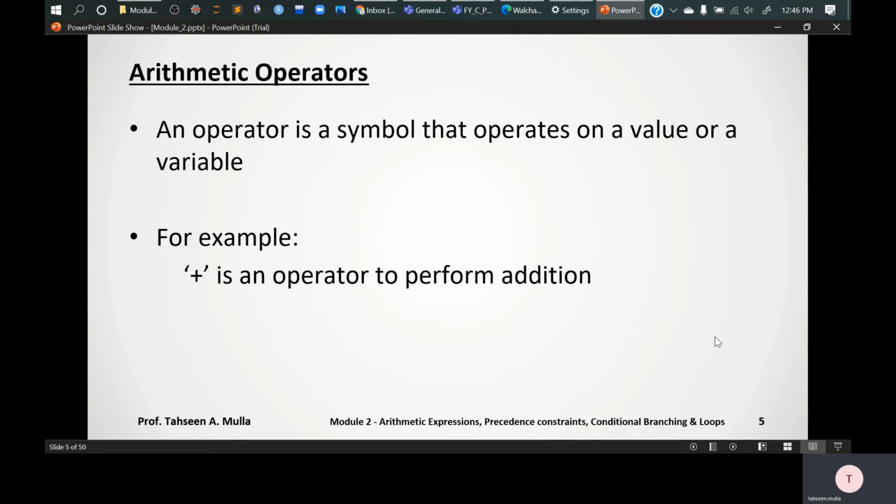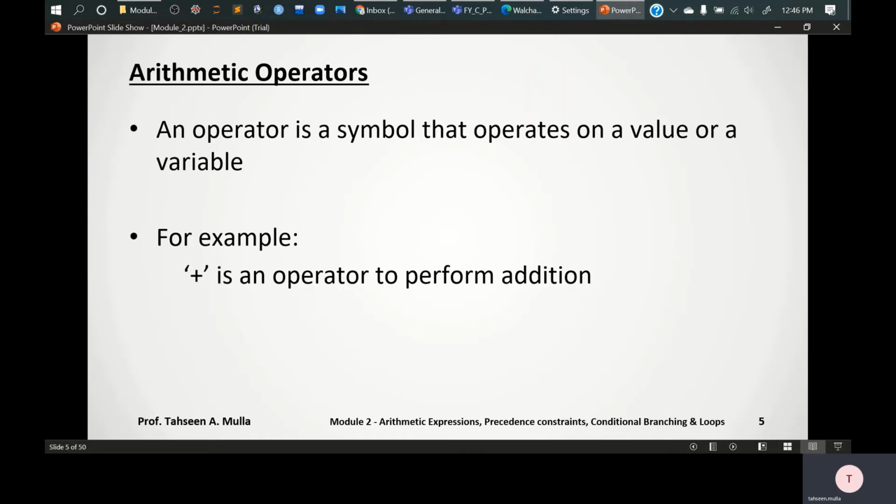Okay, now let's move on to our contents. First, we'll be seeing the operators. The first operator which we are going to study is the arithmetic operators. About arithmetic operators, we can say that whenever we operate on a particular symbol, for example, here we are seeing the plus sign, this operator is a symbol which operates on a value or a variable.